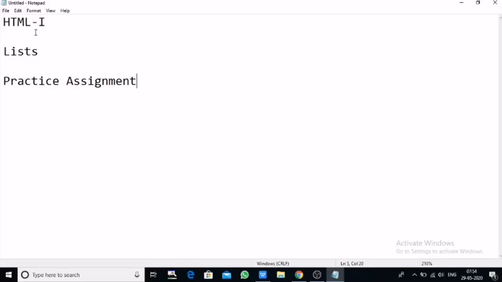When we include an ordered list within an ordered list, or when we include an ordered list within some other unordered list, or vice versa, an unordered list within an ordered list, that becomes a nested list. So here today I am going to show you a practical session by writing code of how to create such lists.